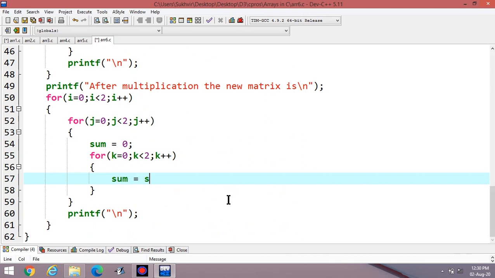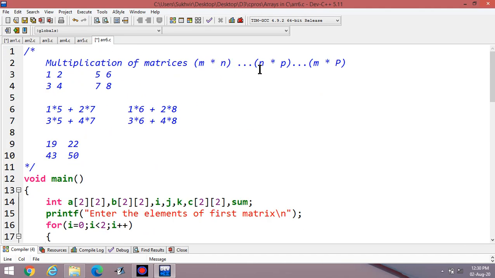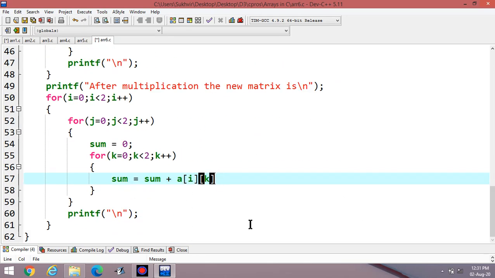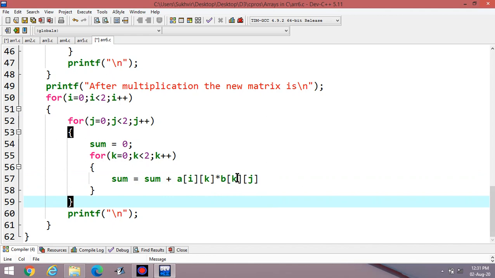Sum is equal to sum plus first matrix a[i][k], since m into n and n into p, and the product is m into p. Suppose I write i into k, then multiply k into j. In this way, I can obtain a[i][j]. It means m into n and n into p, m into p is the output.